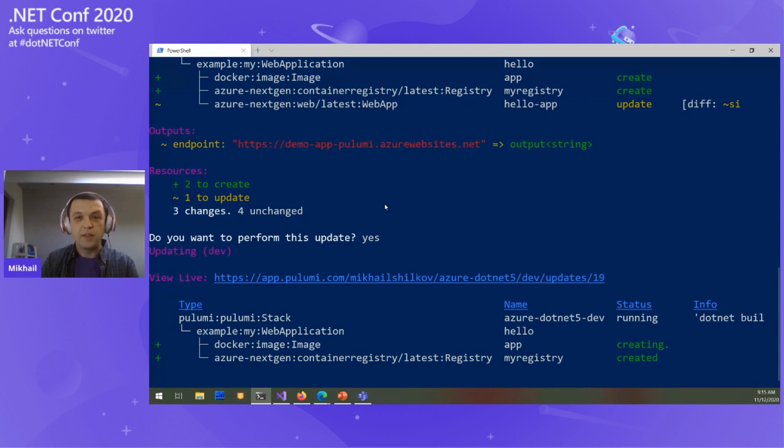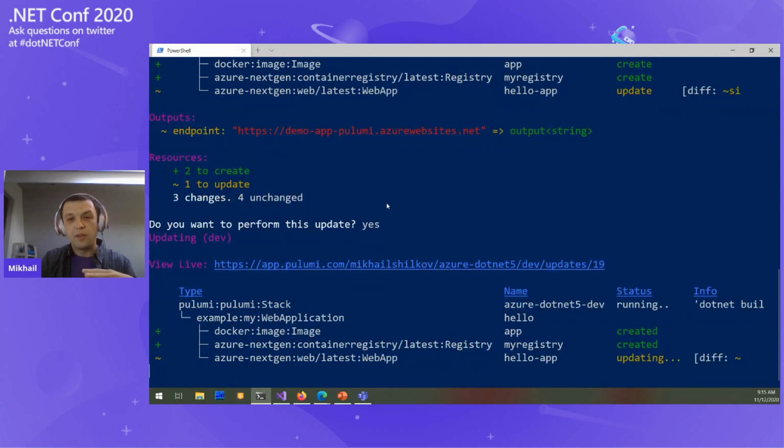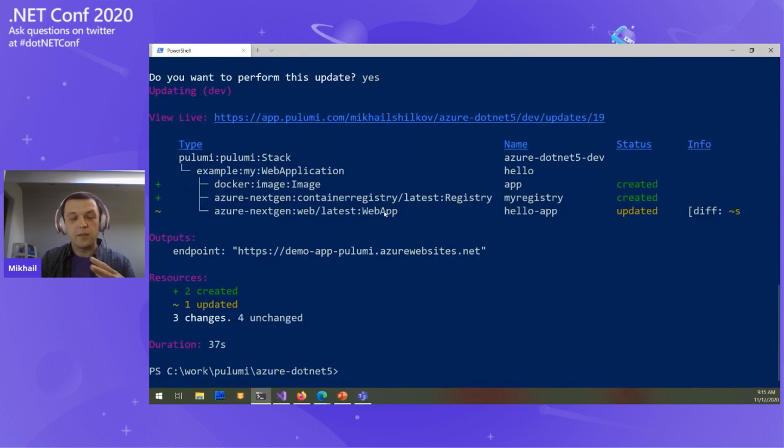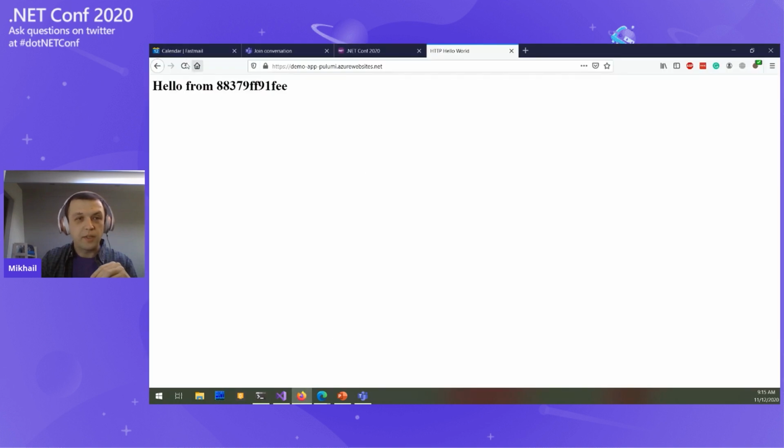And then when this is done, it will be time to update a web app to point to that new registry, new Docker image. So every time you change your program, you compare your preview with what you expect. If it's okay, you hit yes, and then only the difference is being deployed by the tool. So now, again, it will probably take a minute or so for app service to refresh with a new Docker image. So I'll just go ahead coding